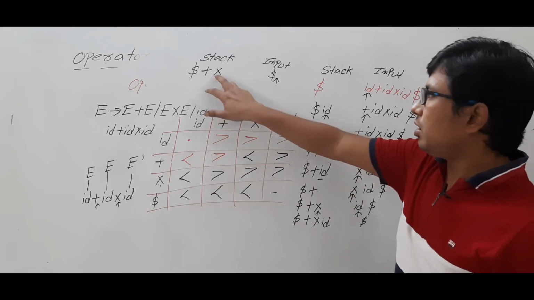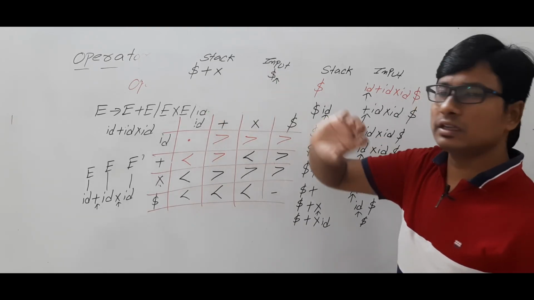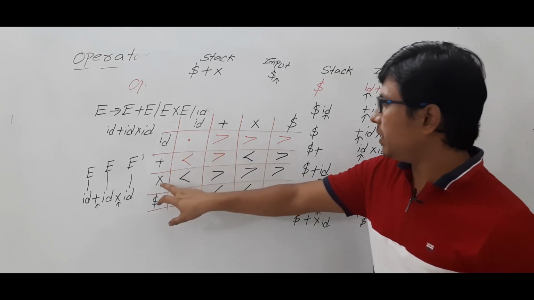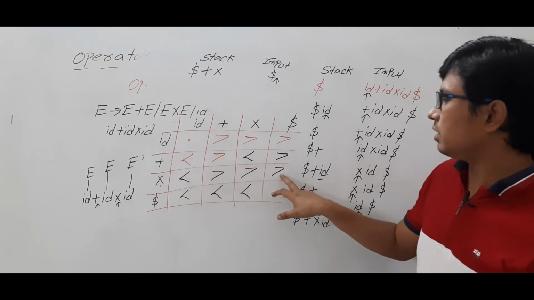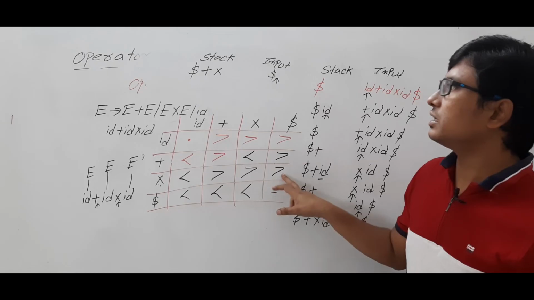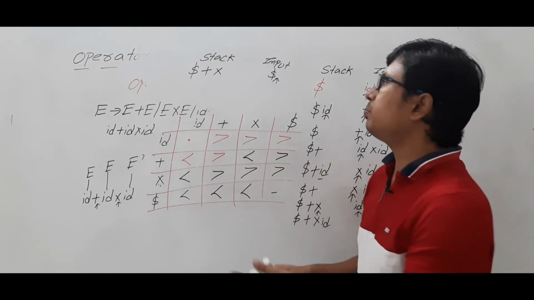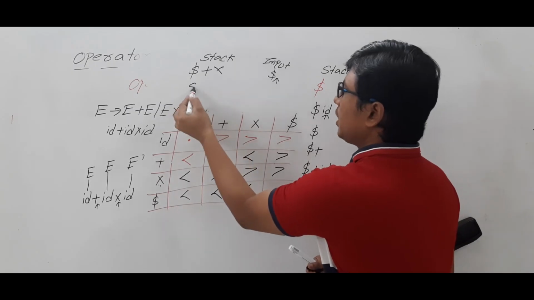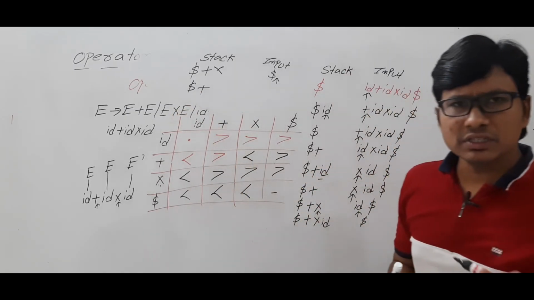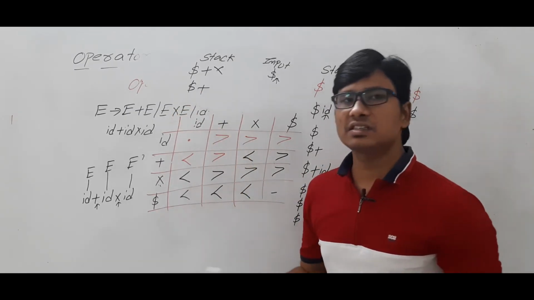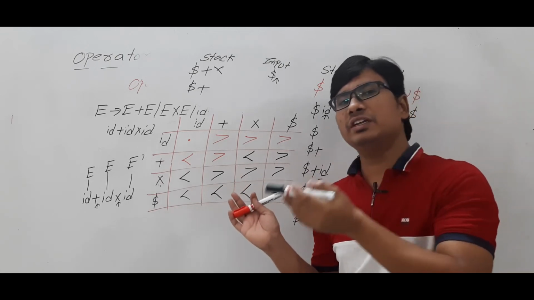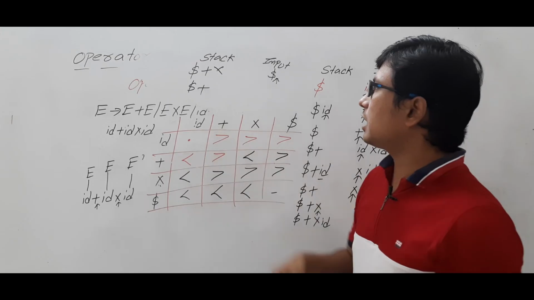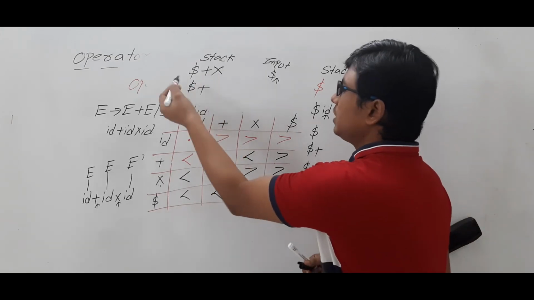You have a multiplication at the top of the stack and you have the input pointer. So multiplication and dollar is what? Greater than. So you need to pop the multiplication. Will you agree with me? We have to pop it. Is it clear? Remember the simple point: if it is less than, we will perform the push. If it is greater than, we will perform the pop operation, and the corresponding operation we have to reduce.